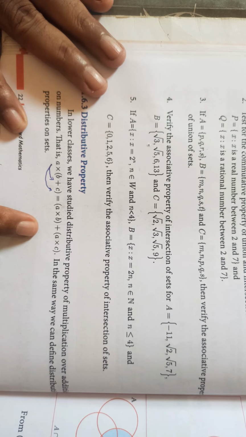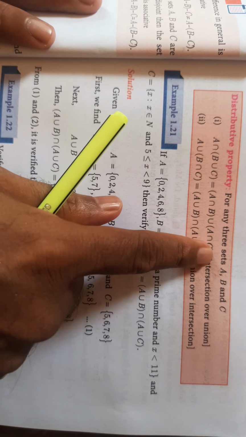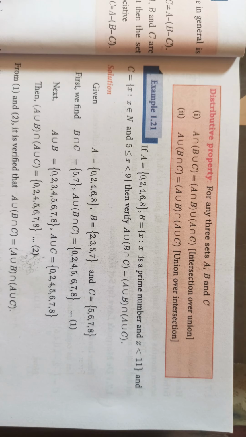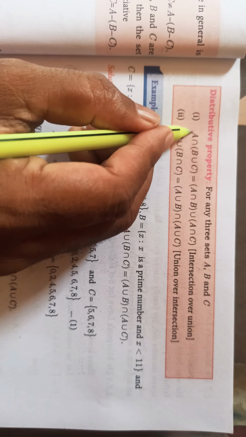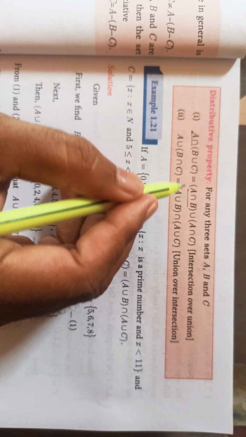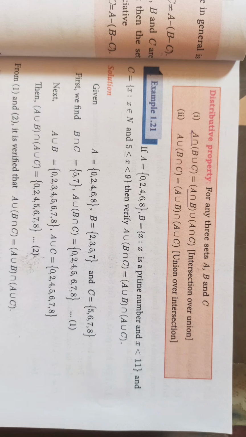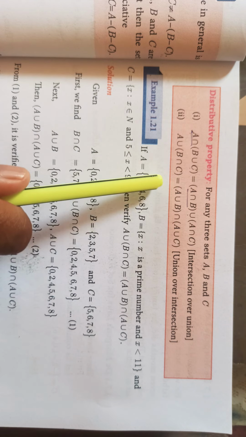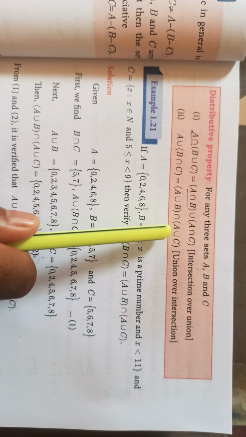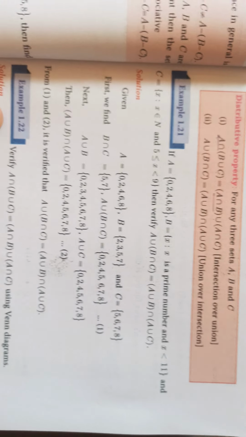So this is explained in this way. Now we are coming to sets. Distributive property of sets: as you can see, for sets A, B and C, we have A intersection (B union C) as, first we take A intersection B and then A intersection C, and union in between. So this is called intersection over union. The other is A union (B intersection C), that is (A union B) intersection (A union C). So this is union over intersection. Now we prove this.